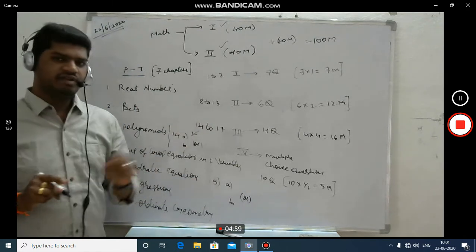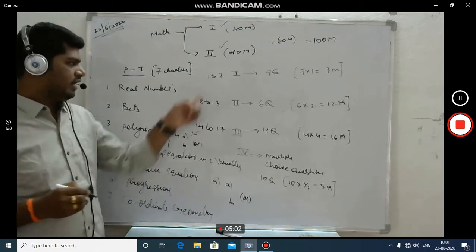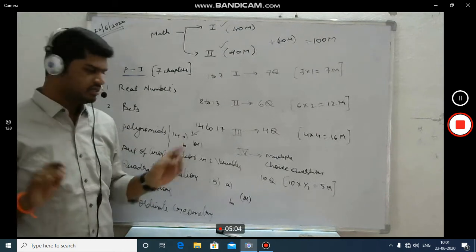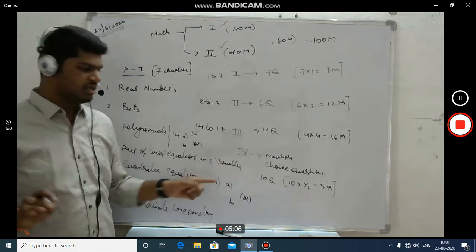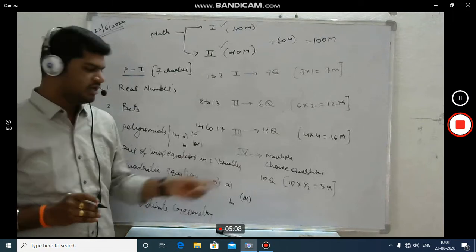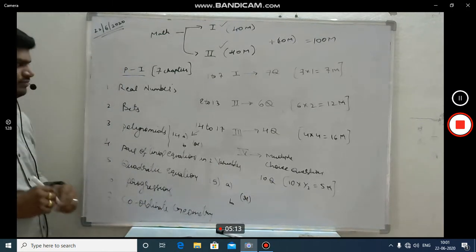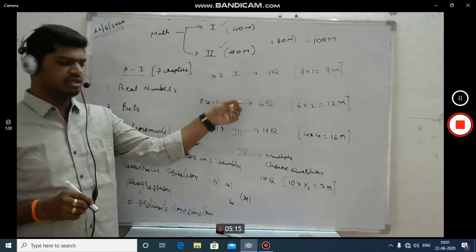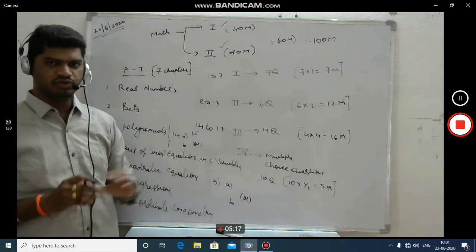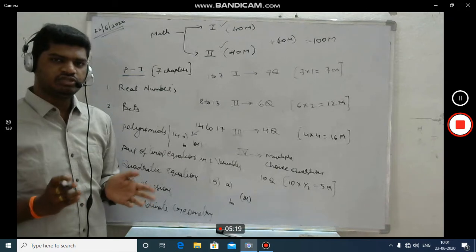So the third section will have what? Internal choice. And section 1, section 2 you don't have any choice. And section 4 also you don't have any choice. Section 4 is multiple choice questions. Each carries half mark. And the interesting thing is, from section 1 and section 2, we cannot expect which question is going to come from which chapter.